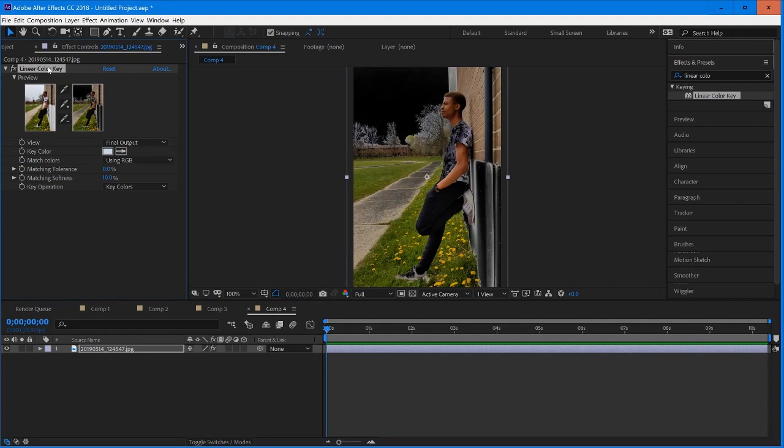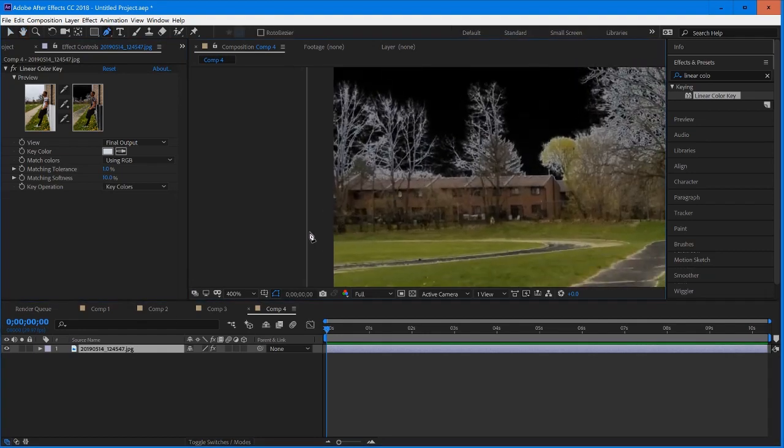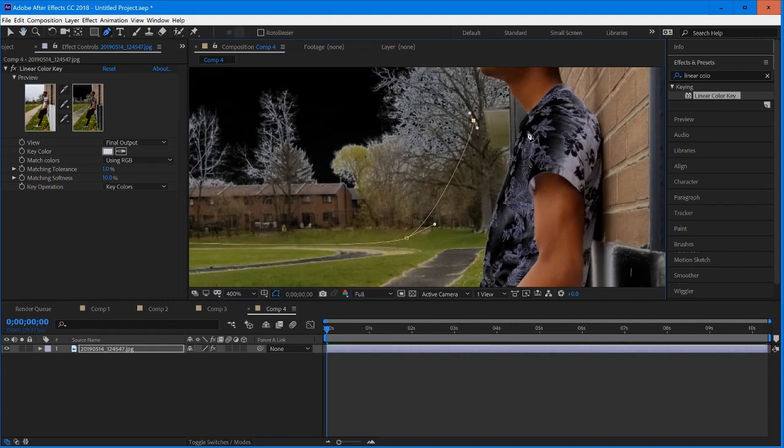But for now, we're going to use linear color key, and again, it instantly cut out everything that we needed in that background, but it got rid of some of the shirt and some of the wall. So you can try playing around with these settings and trying to get it to match how you want it. But for us, it's actually easier just to set a mask. So I'm going to grab the pen tool. I'm going to zoom in here. Just really quickly create a mask